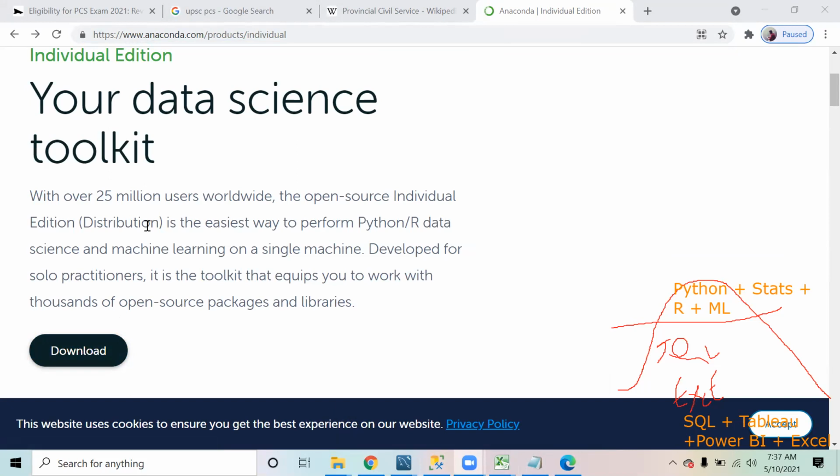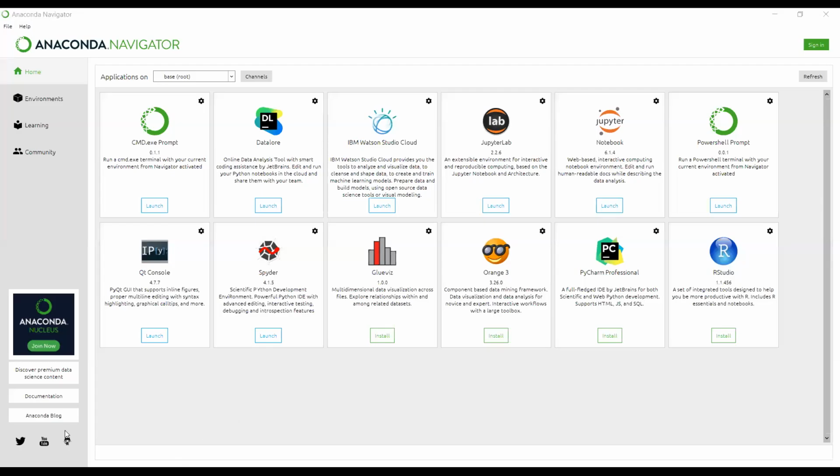Amit, I have already installed Anaconda. Can you please check whether it's the right version or not? I'll share my screen. Are you able to see it?